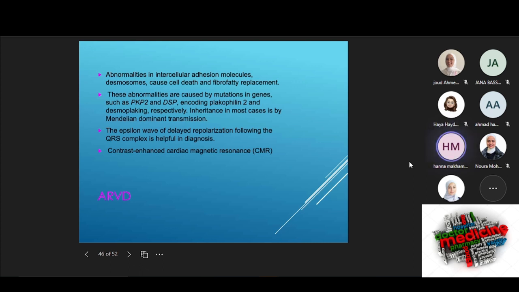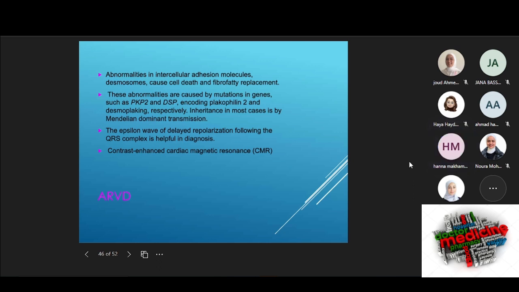What happens there? There is abnormality in the intercellular adhesion molecule, the desmosome, and this causes cell death and fibrofatty replacement. These abnormalities are caused by mutation in genes PKP2 and DSP, encoding plakophilin 2 and desmoplakin, respectively. Inheritance is dominant mainly. هلا على الاي سي جي بتشوف شيء اسمه epsilon wave, which is a delayed repolarization following a QRS,